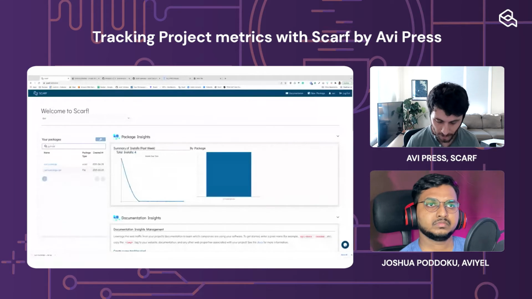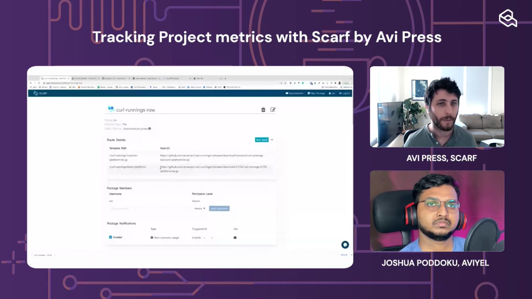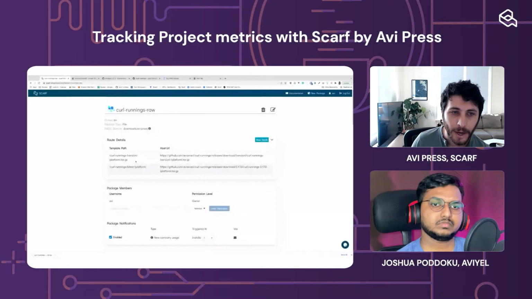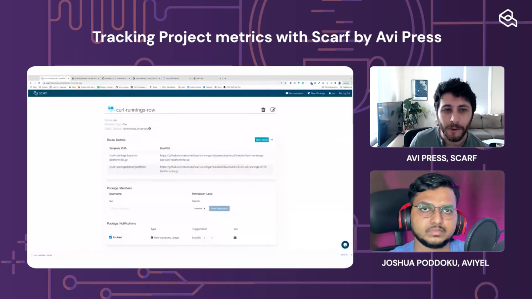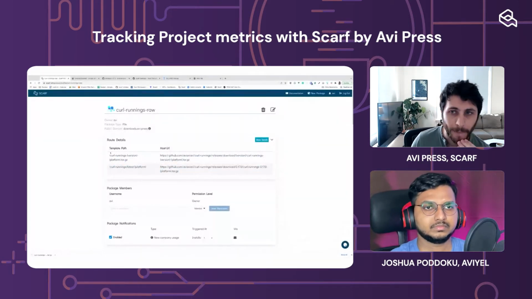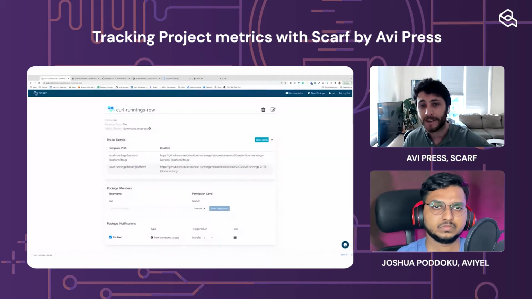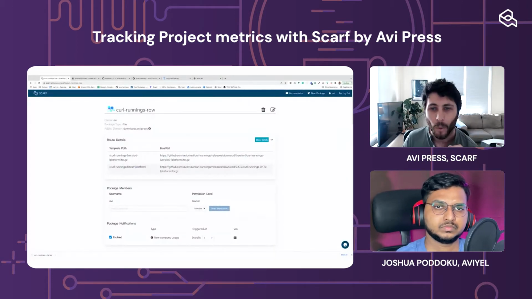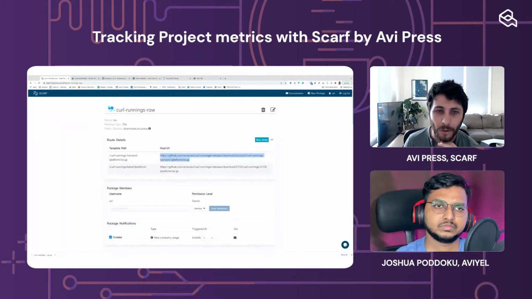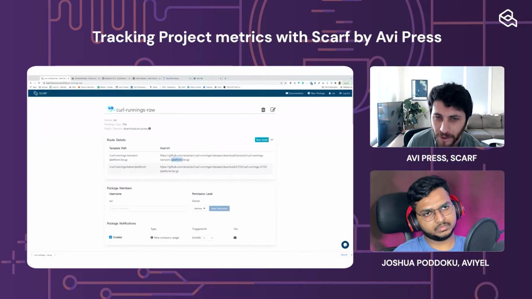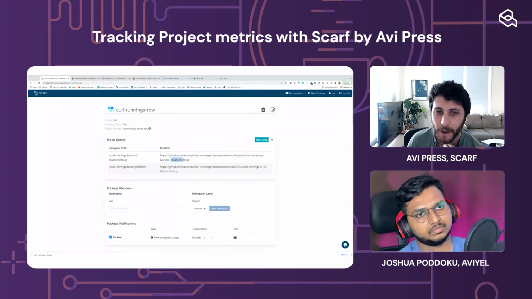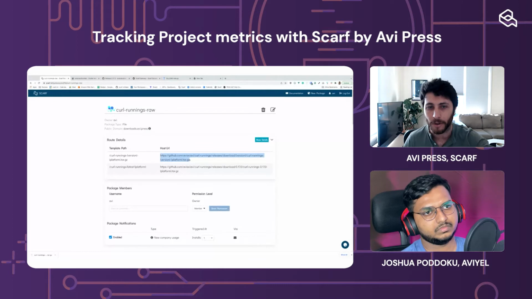And so if I go in here, curl runnings raw. The really interesting thing here is that I have full control over what URLs the user will see, and I can even templatize them. So when it comes to the full URL that will be shown on GitHub, I've fully automated away incrementing versions and mentioning which platform is being downloaded, because this is the format for all those URLs. So now I just have to make this template once.